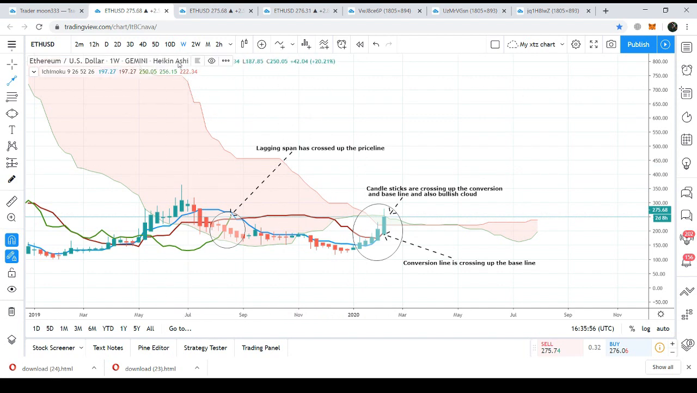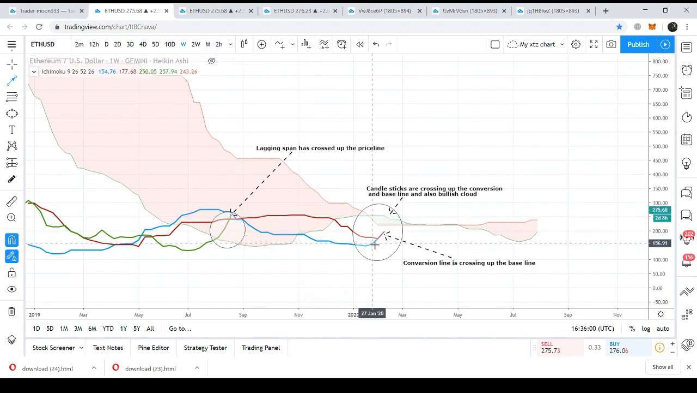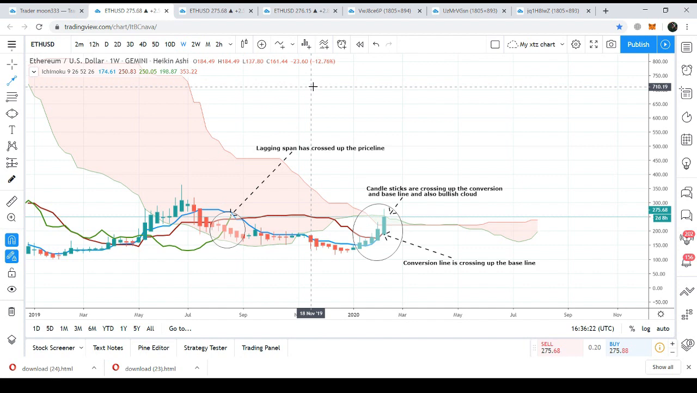I'm just making the price action disappear. And after that, you can see that the conversion line is touching the baseline, and soon it will cross up this brown baseline, and that will be a very strong bullish signal. Because if the conversion line crosses up the baseline just below the price action, it produces a very powerful bullish